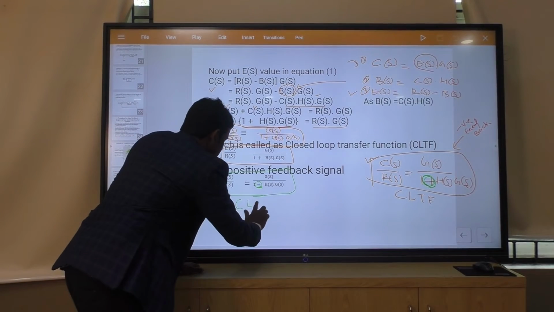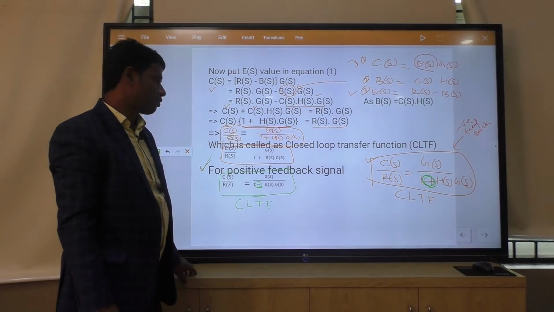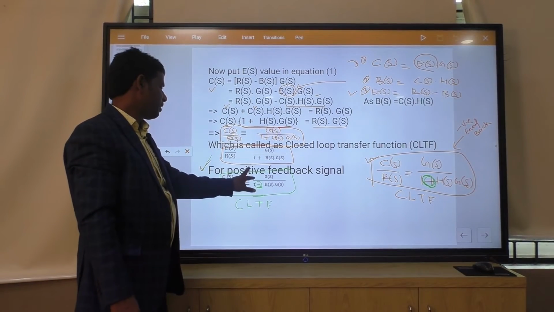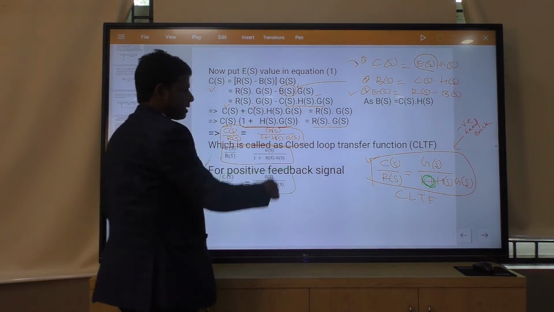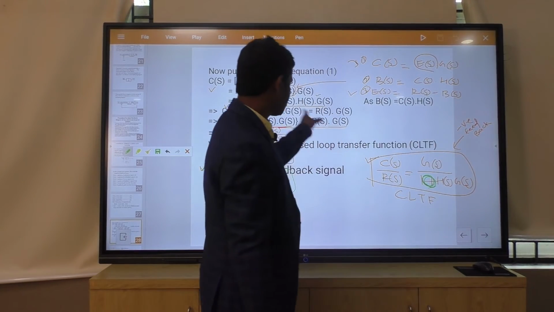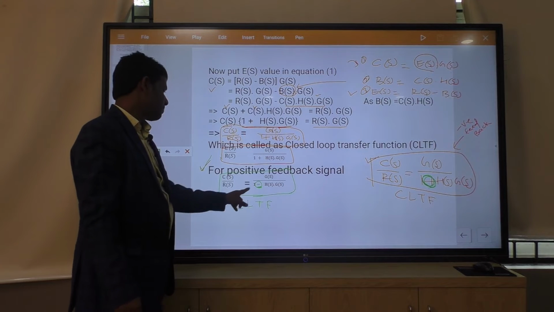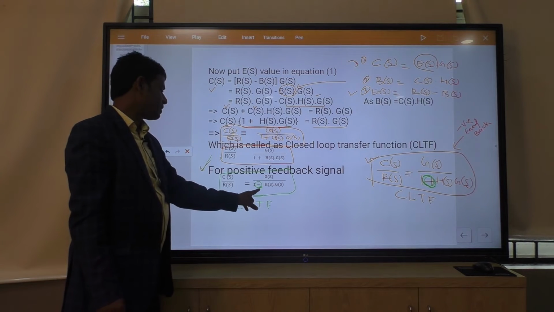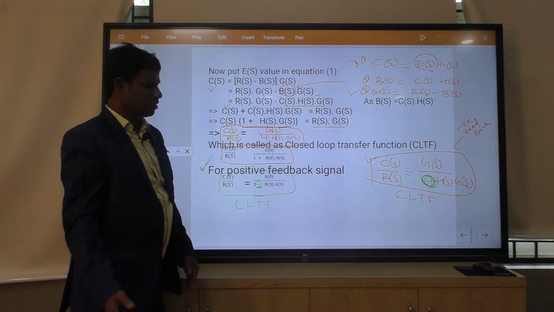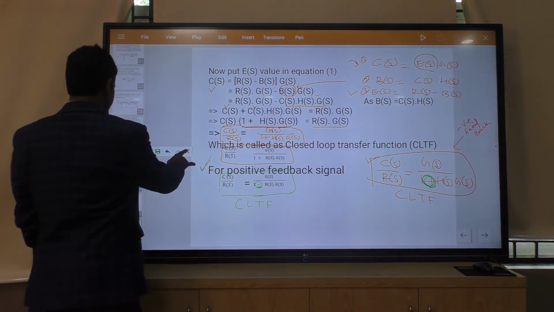It is also the closed loop transfer function for a closed system. Minus appears for positive feedback, plus appears for negative feedback. If we do the derivation for positive feedback, we get CS by RS equal to GS by 1 minus HS into GS, or GS into HS. Okay, this part is here. Next you see,